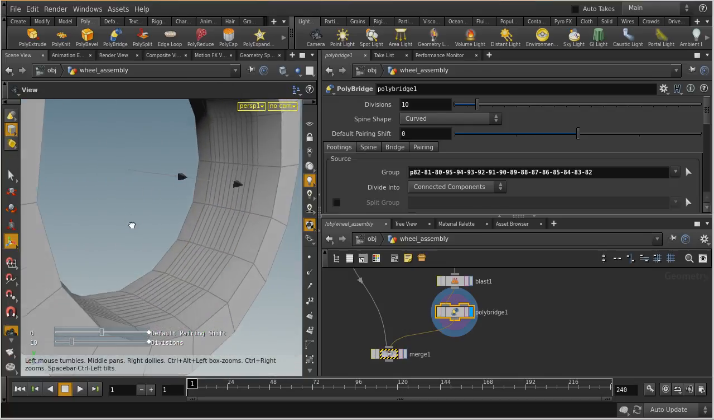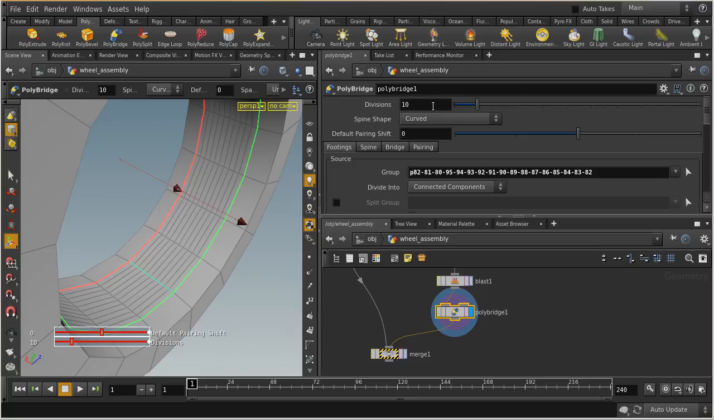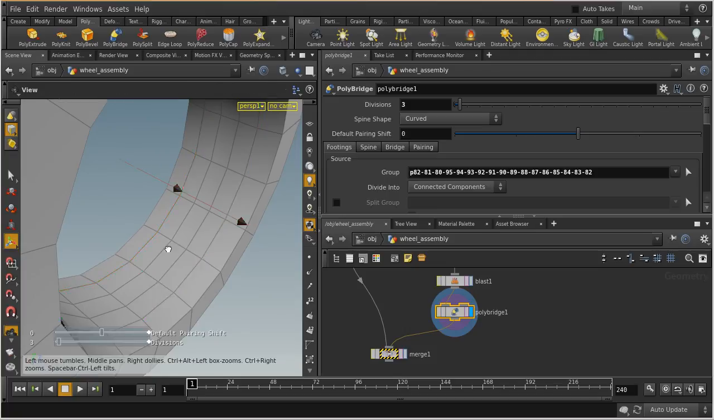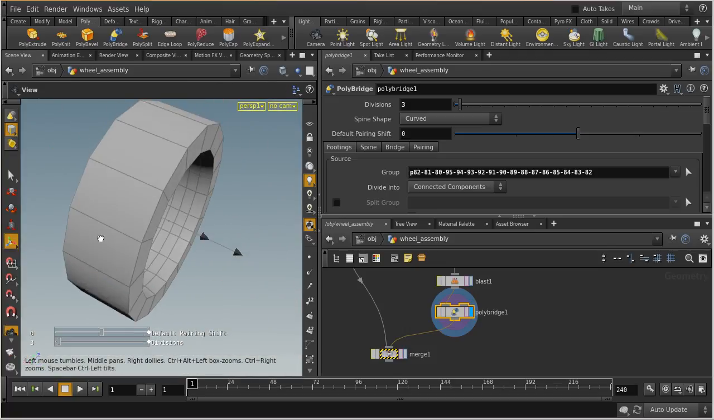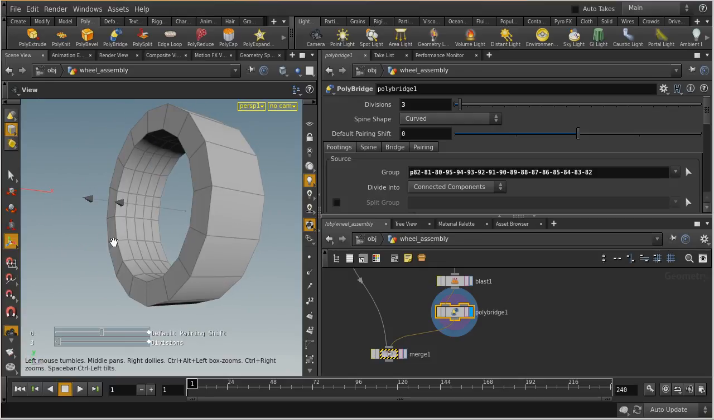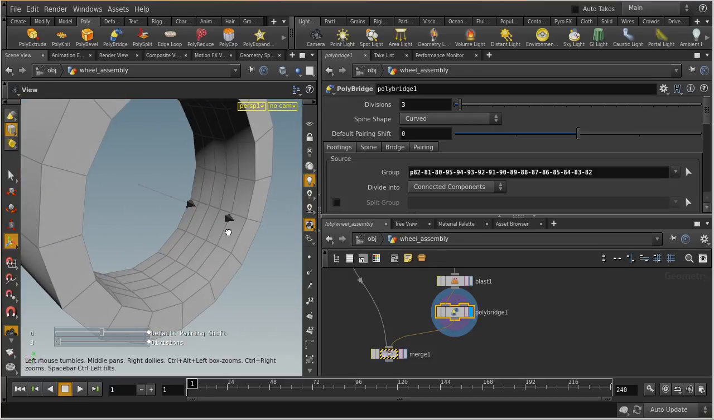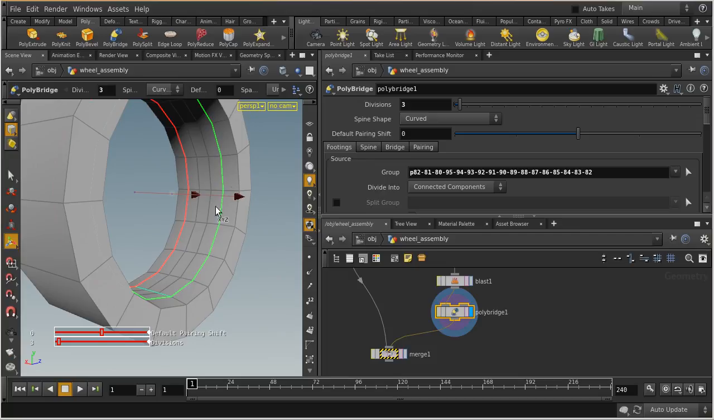By default, Houdini has given us 10 divisions, and that's a little bit dense for this area of the model. So I'm just going to bring that down a little bit here, probably to something like 3 works well for me. That'll work pretty good for what we're going to do. Now I'm going to use those divisions to help shape how this wheel, or tire element rather, is actually going